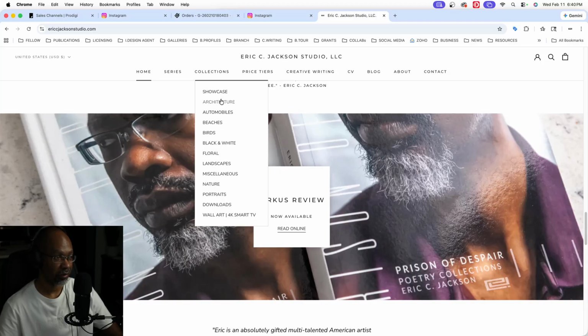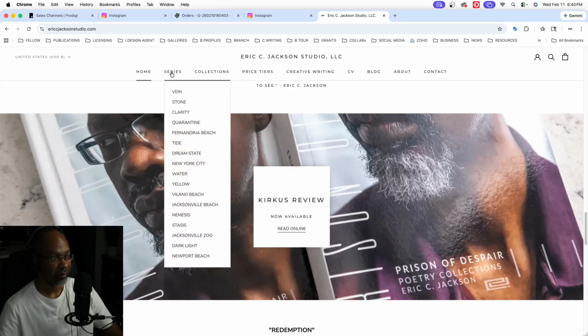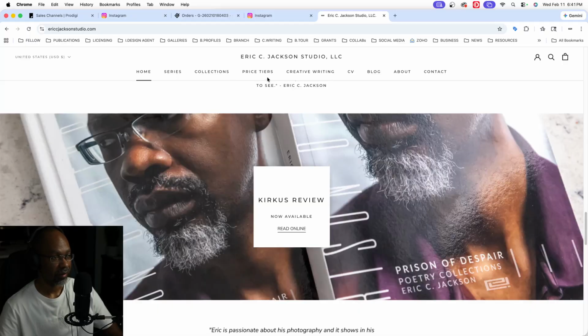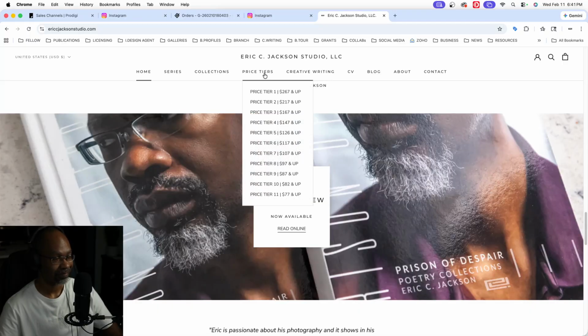So all the architecture, automobiles, beaches, birds, black and white, etc. All that's organized under collections, and then the series, all of that is broken up, of course. And then the price tiers. I don't know if I'm going to keep this. I might change this to gifts